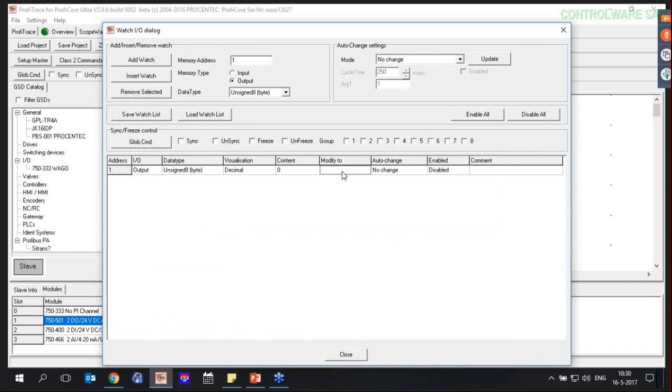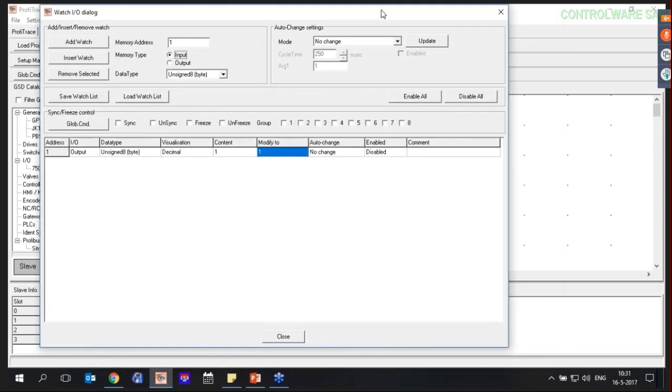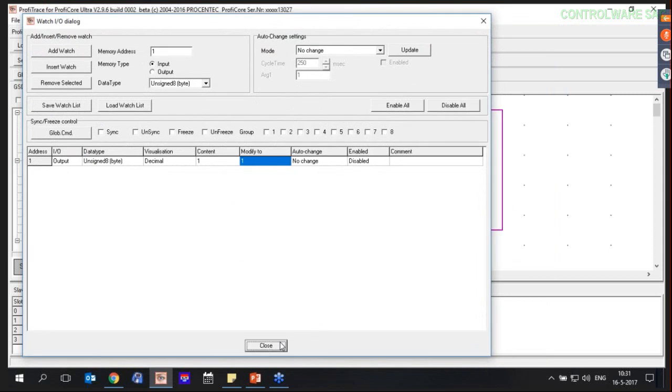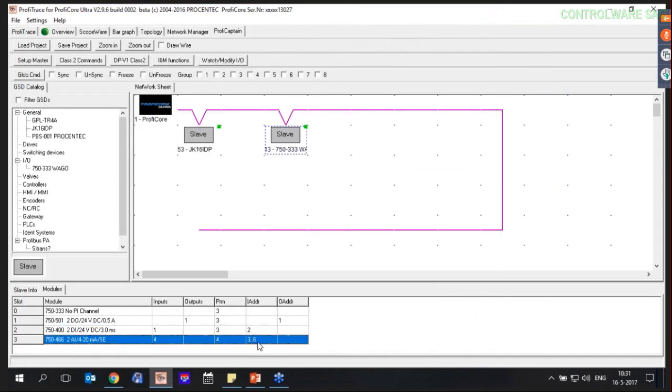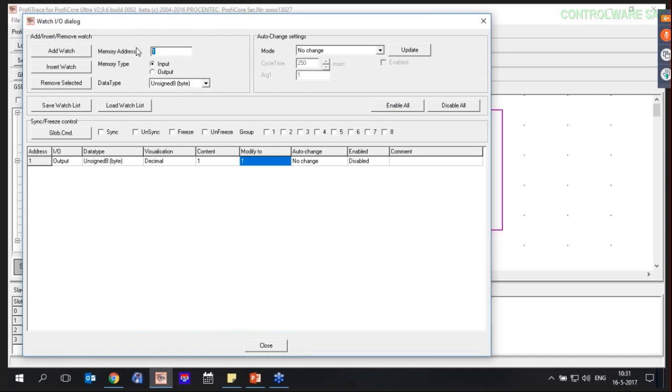So if I modify this value to number 1, you can see it, but I can see that the LED is going on. So now I can change my outputs of my devices. I can also read the inputs. Let's see if I've got the analog value. I've got an analog card over there. The input address is number 3 up till 6. Let's see, input 3 at